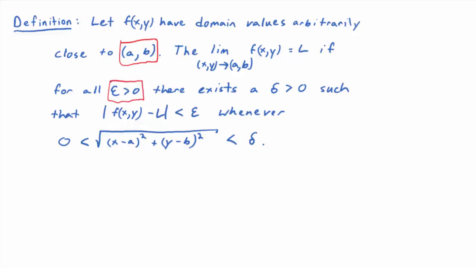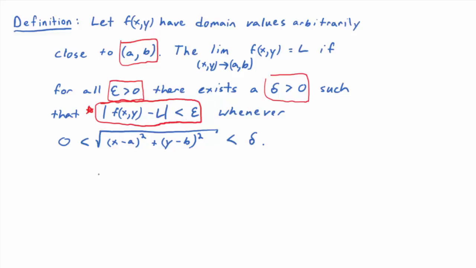It means you choose the epsilon. It doesn't matter how small it is. For all epsilon greater than 0, there exists a delta. That means given an epsilon, you can come up with a delta greater than 0, such that this notation, the absolute value of f of x minus L is less than epsilon, is a fancy way of saying the distance. Remember, absolute value measures distance, right? This is a fancy way of saying that the distance between f of xy and L is less than epsilon